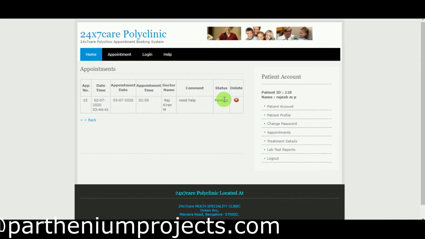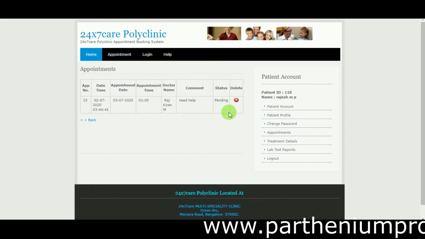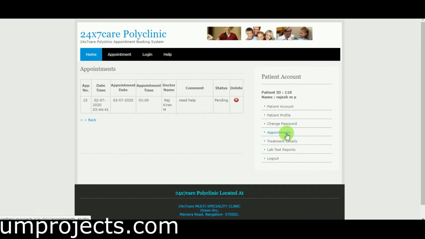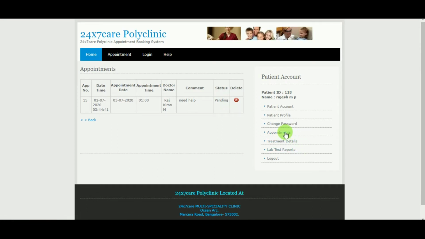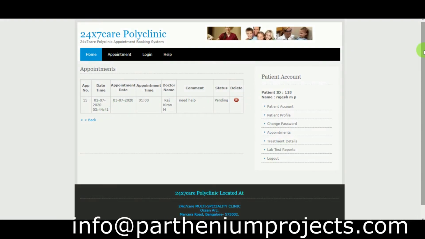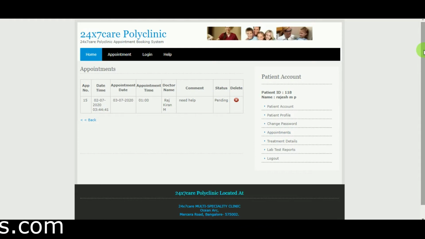That is done in admin panel where doctors are being added there and doctor will be updating the status. So this is how you are going to make an appointment. Here when you click on appointments, you can see the appointment for which doctor, date and time you can see. This is about the patient panel. You can see it here.